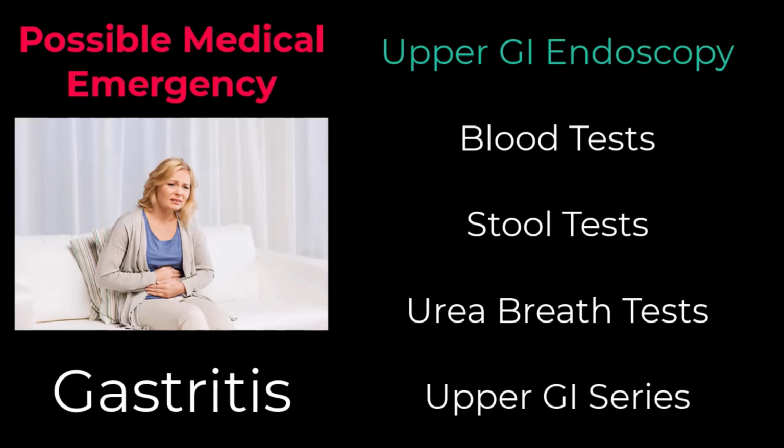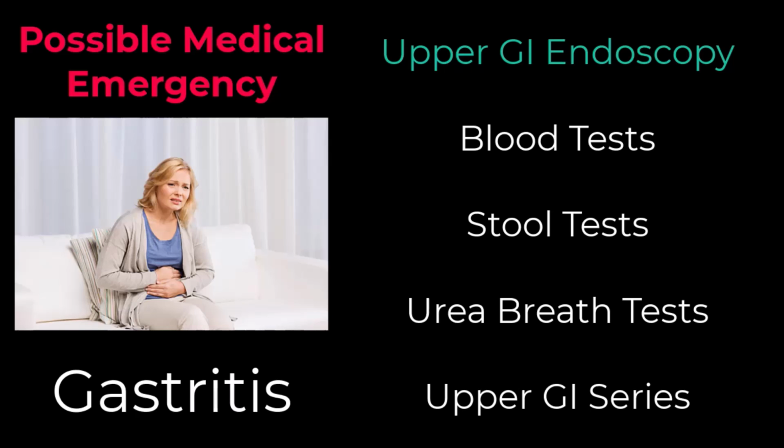How do doctors diagnose gastritis and gastropathy? Your doctor will ask about your medical history, symptoms, and any medicines you take. Your doctor will also perform a physical exam and may order an upper gastrointestinal (GI) endoscopy with biopsies or other tests. Upper GI endoscopy. Upper GI endoscopy is a procedure in which a doctor uses an endoscope, a flexible tube